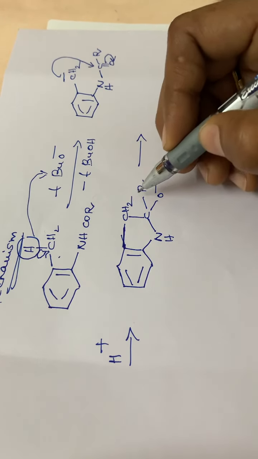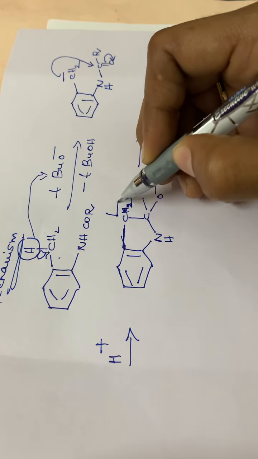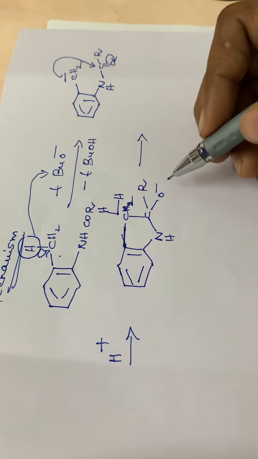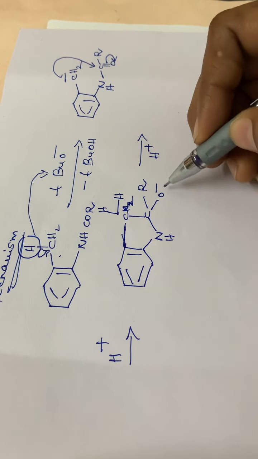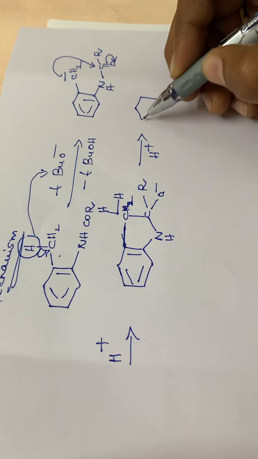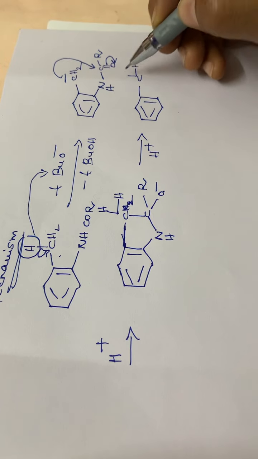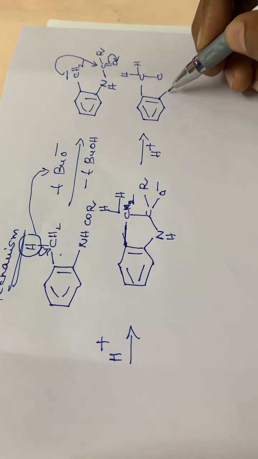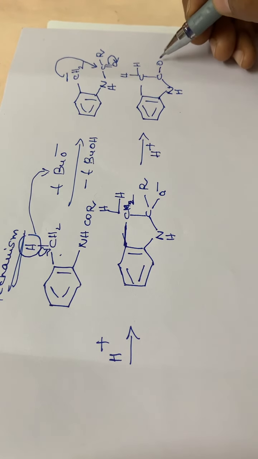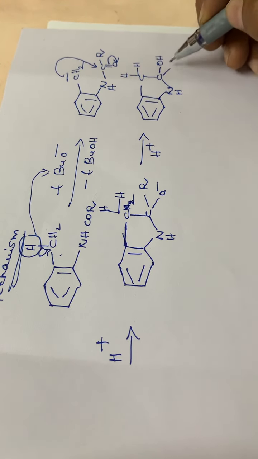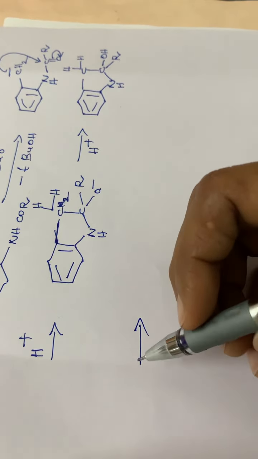Then in the next step, here we will be having CH2. I am writing it as CH2. Two hydrogens are there. Then in the next step, one H plus is added. So this H plus will be attacking this position. So it will be like this. CH2, then C, NH, then this H plus will be joining this O minus, and it becomes OH. Then in the next step, elimination of water.